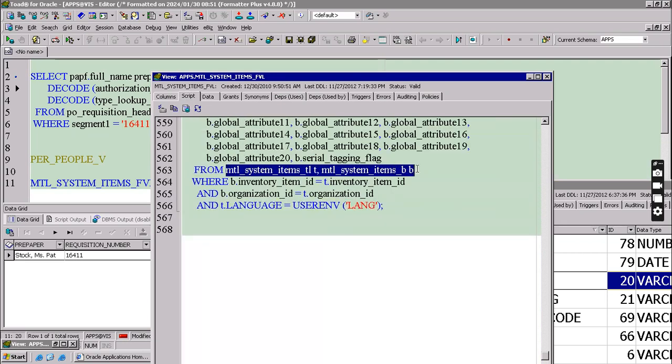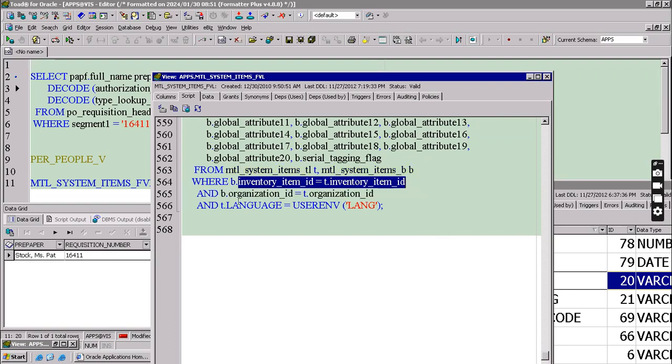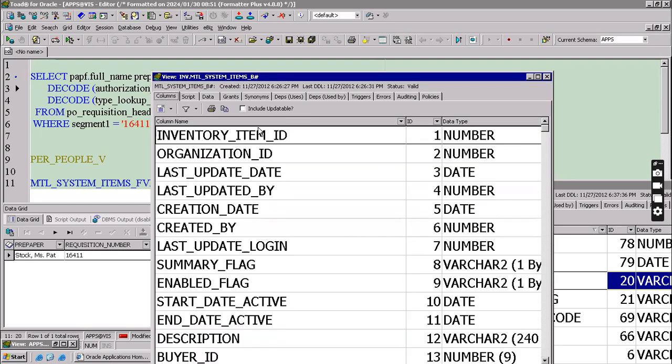These are all item related tables. There are 2 tables with the same name but with different table extensions. This is TL, translatable language, and this is B. B for base, and TL for translatable language. A primary key also they mentioned here: inventory item ID, and one more is organization ID. So 2 primary keys are available here for this particular table. If you press F4 also, you can see here inventory item ID, organization ID.